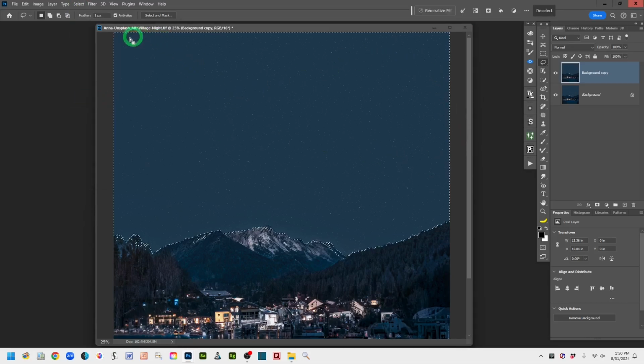And Photoshop does its thing, and you have the marching ants around the sky. Now, what I like to do is just a little bit of cleanup. So I don't need to try to grab the sky. I'm not going to be that perfectionist for this image between these trees, and some of this has selected some of the mountaintops. So I'm going to go to the toolbar and come down to the quick selection tool, which